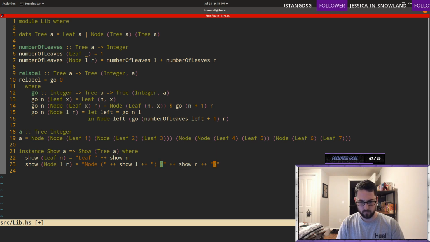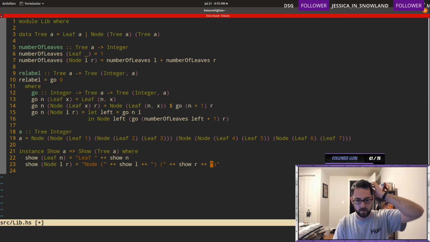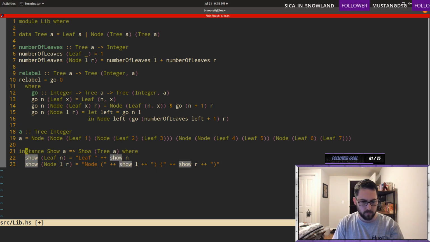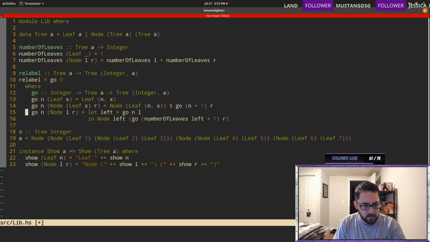So then at least we have parentheses for our trees. I think this is right. Is anyone hating this function? This seems close. It might not be exactly correct, but we'll see what happens.